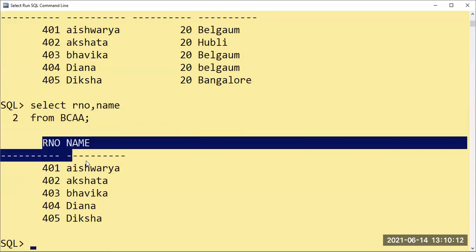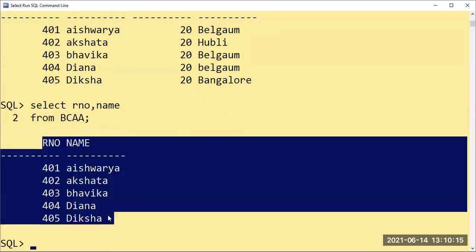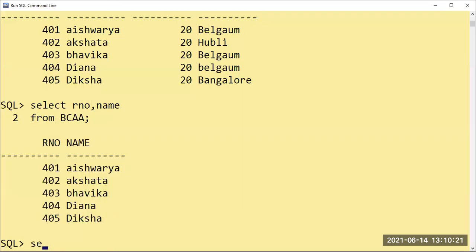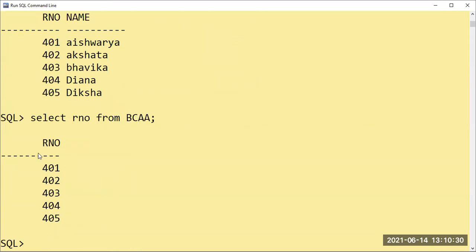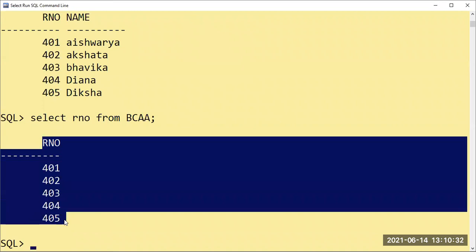Can you see? Only roll number and name have come here. If I say only select roll number from BCA, it will come for BCA here. Okay.